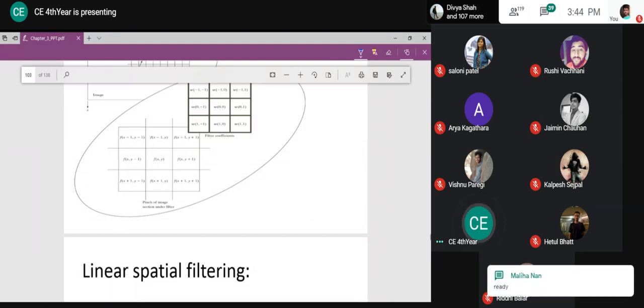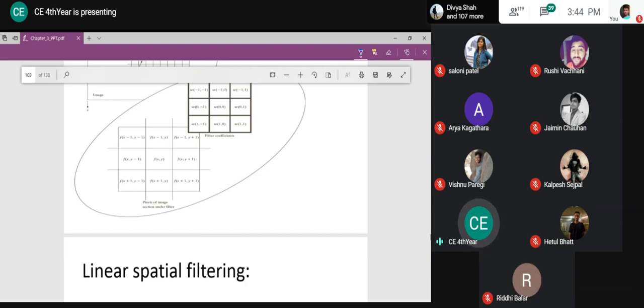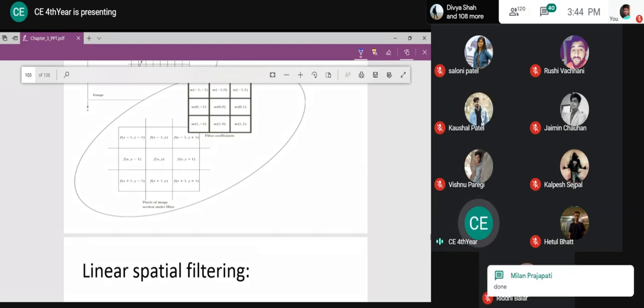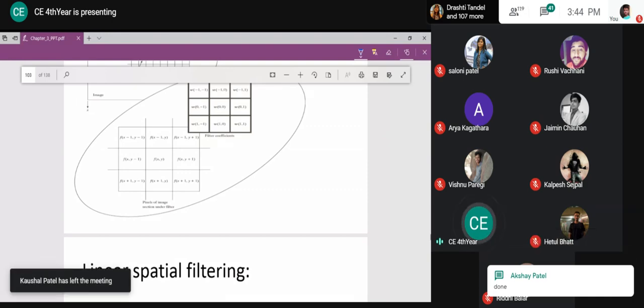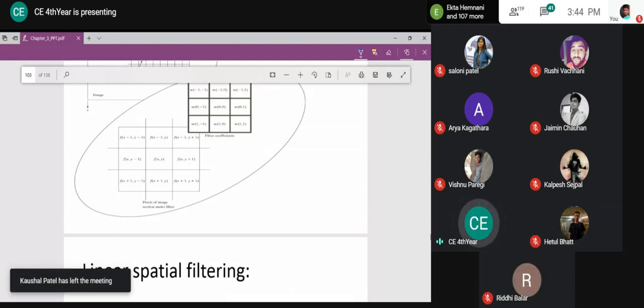Okay, that's good. What about others? Maliha is ready. All of you, I hope you are also ready. That's good. So all of you are ready with that. I'm assuming the others are also ready. Now we can go for the next task. Now, suppose I'm taking 2.jpg. I want to blur that grayscale image.